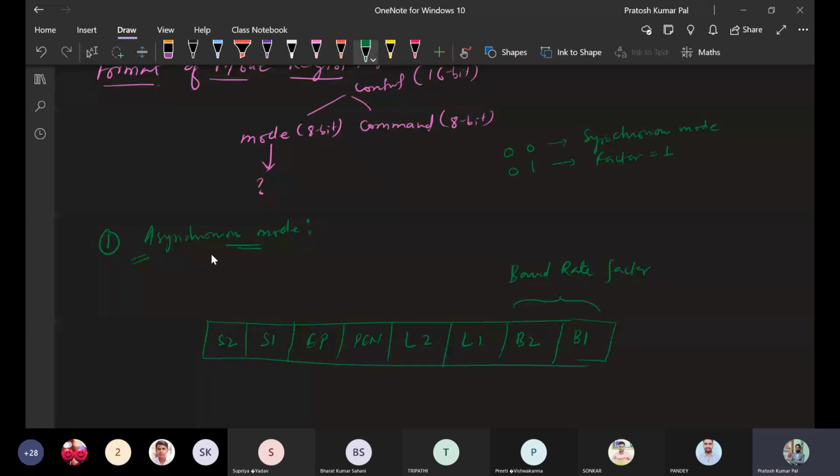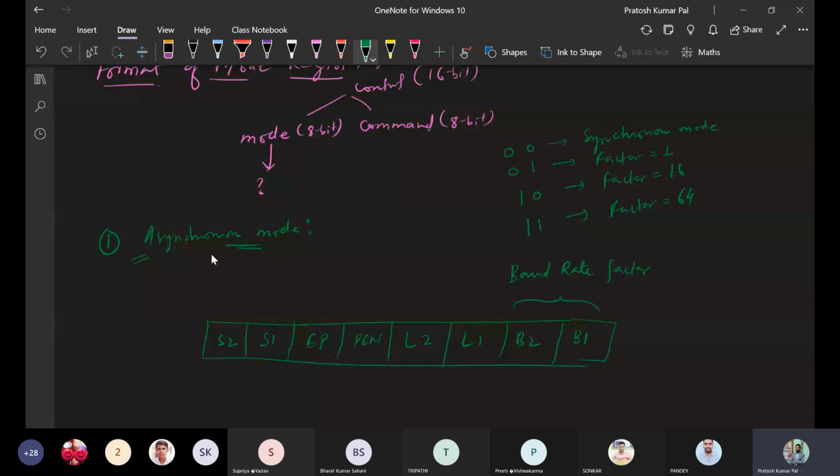Next, if it is 1 0, whatever the baud rate is, 16 times the baud rate will be the rate of transmission. If it is 1 1, that means a factor of 64 will be there, so 64 times the baud rate will be the rate of transmission. This is controlled by these two bits.